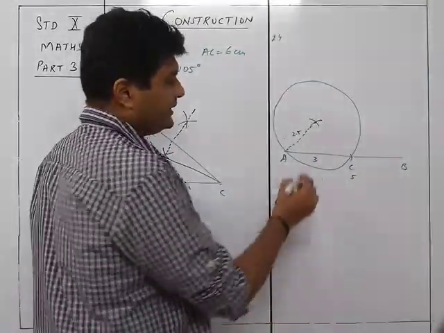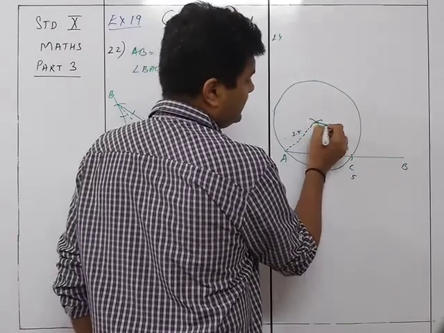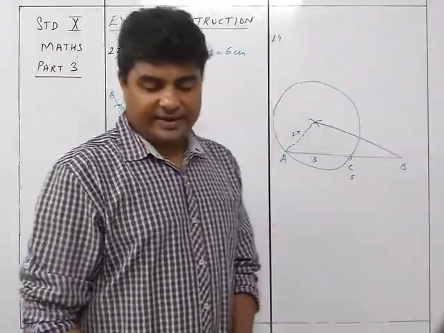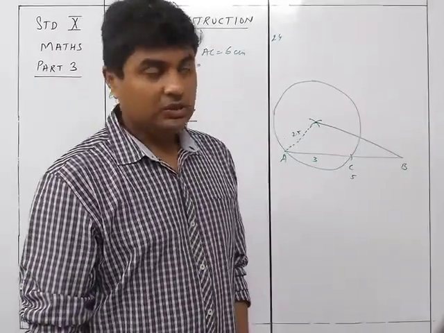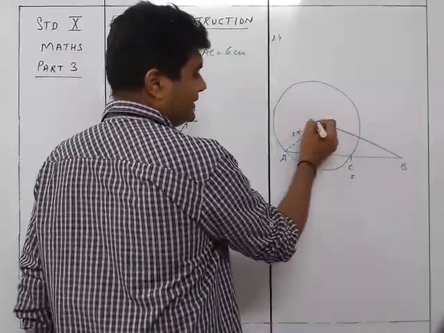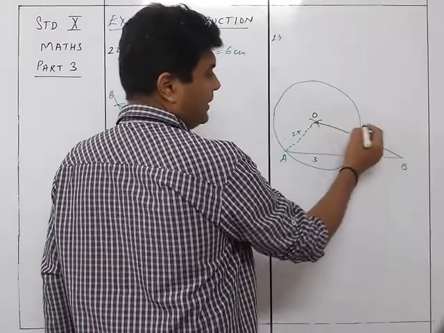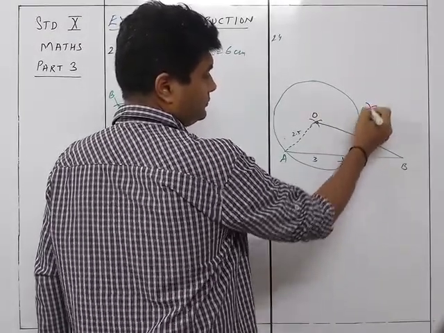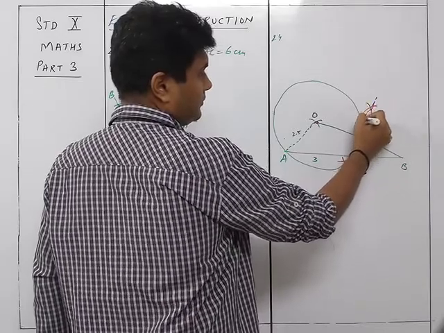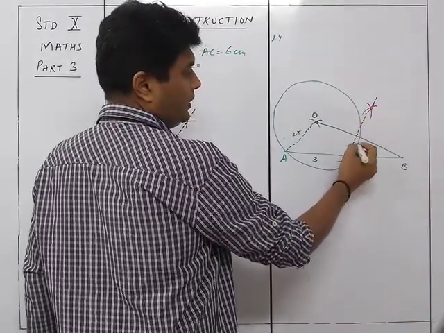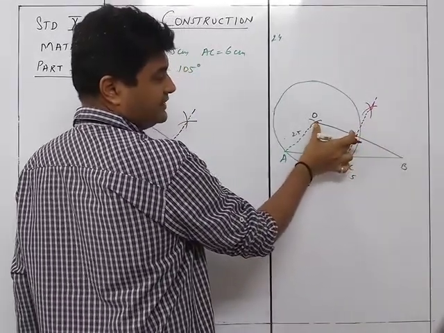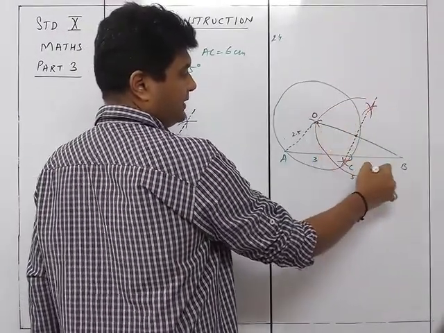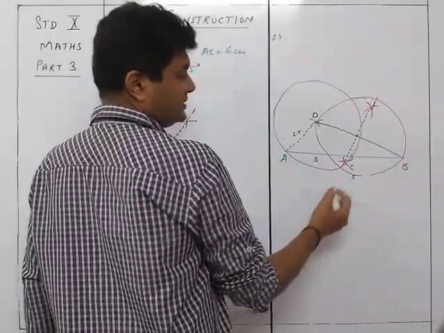So what we do is join this and this, and now we are going to use the method of drawing the tangents from a point outside the circle. So we are going to take the perpendicular bisector of OB and draw it like this. You get the center over here. From here, this as the radius, you are going to draw the circle, which will be passing the things like this.